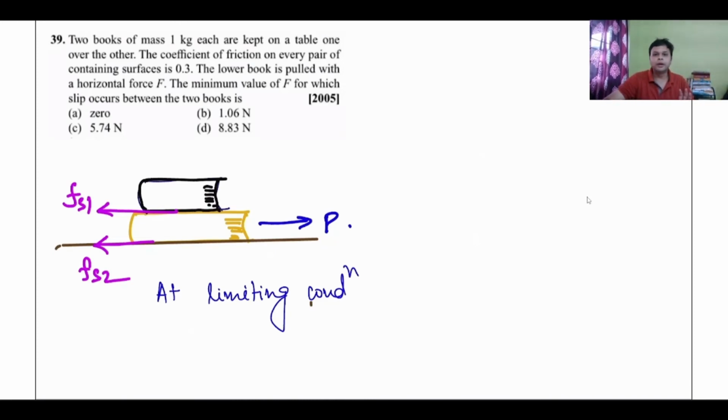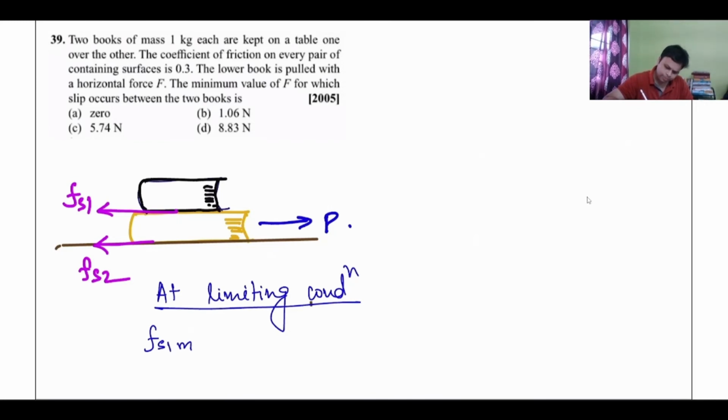So why am I saying limiting condition? Because I need to find out the minimum value of F. So this is a case of limiting condition, and minimum value of F for which the slip occurs. Slip is about to occur. So at limiting condition, I can say